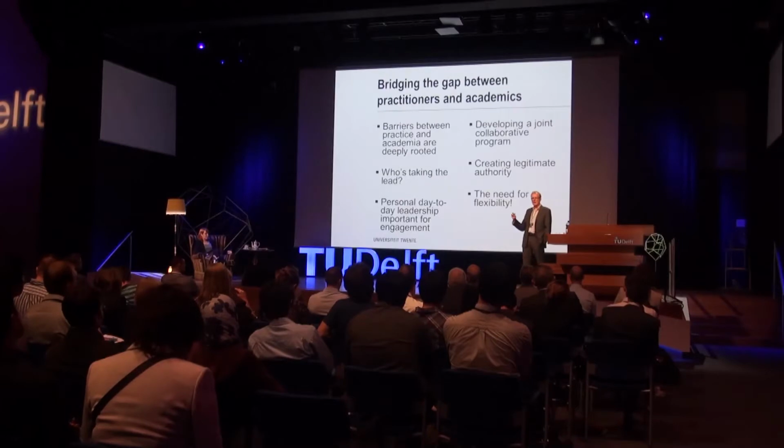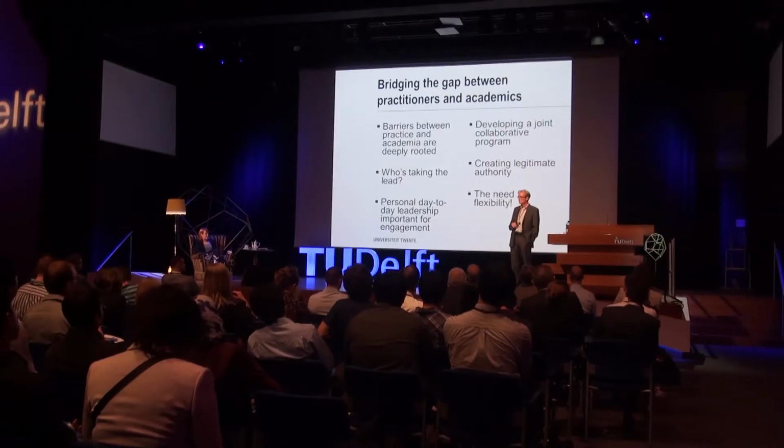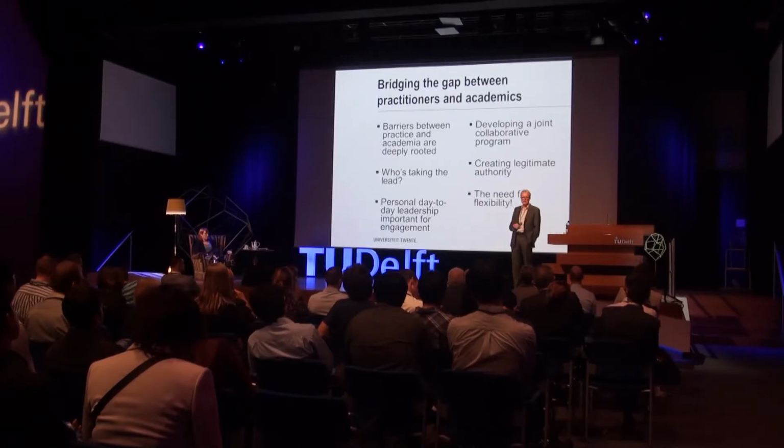But on project level, where people saw each other day to day, working together, they created a kind of trust. In all the projects that I was involved with, in the beginning there's a kind of inclination to distrust between academia and practice. And after a while, if the academic person is involved in the project, the practitioners don't see that person any longer as an outsider, because you're part of the team. And trust has developed. That's possible on project level, but you need some time to develop that. And that's very hard on program level to create.